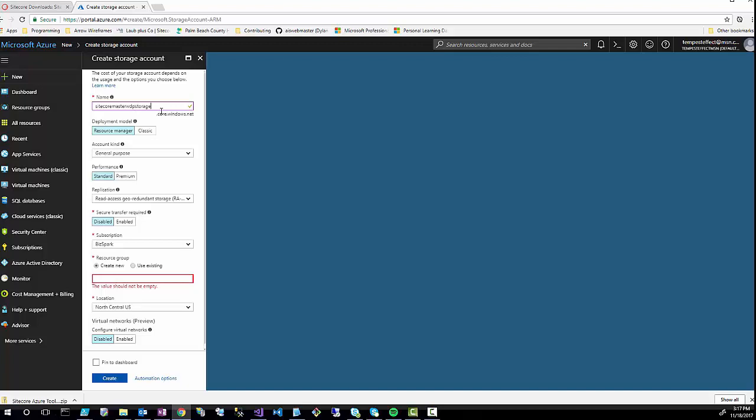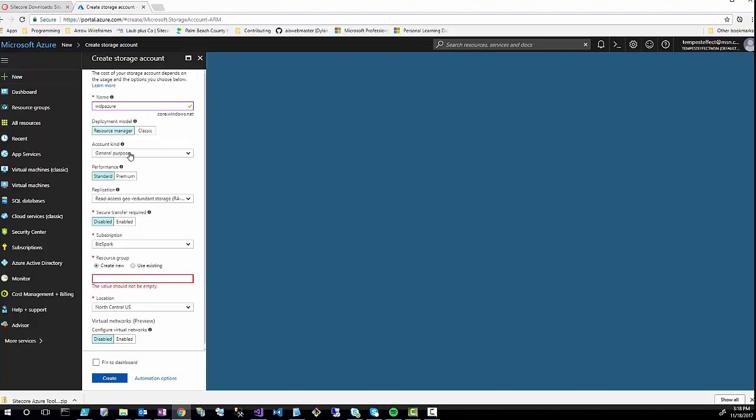And when I say unique, I mean it has to be unique across the entire Azure ecosystem. So just coming up with something like "storage" obviously will not work here because somebody's using that. WDP Azure is what I'll go with. That's what I have there. You definitely want to select Resource Manager. The reason you see differences here is that there is an old style of Azure called Classic. I guess it's still supported because you can still select Classic here, but you want to go with Resource Manager. Basically, Resource Manager is the way that Azure is now set up and the best way